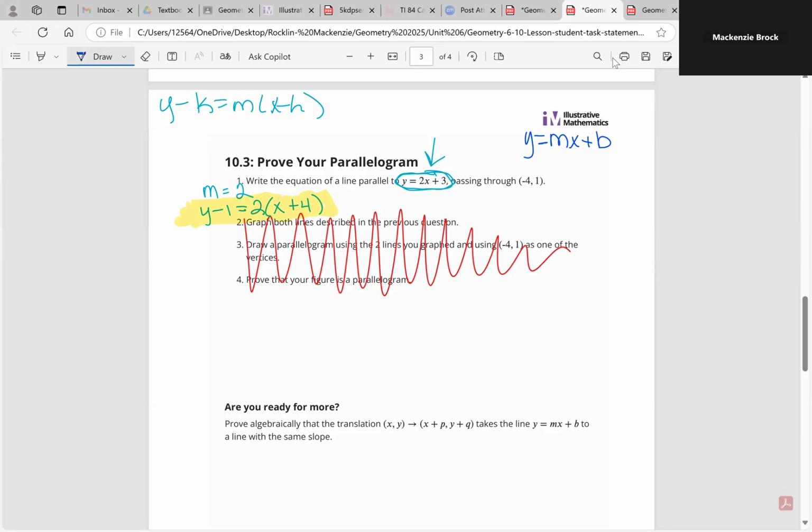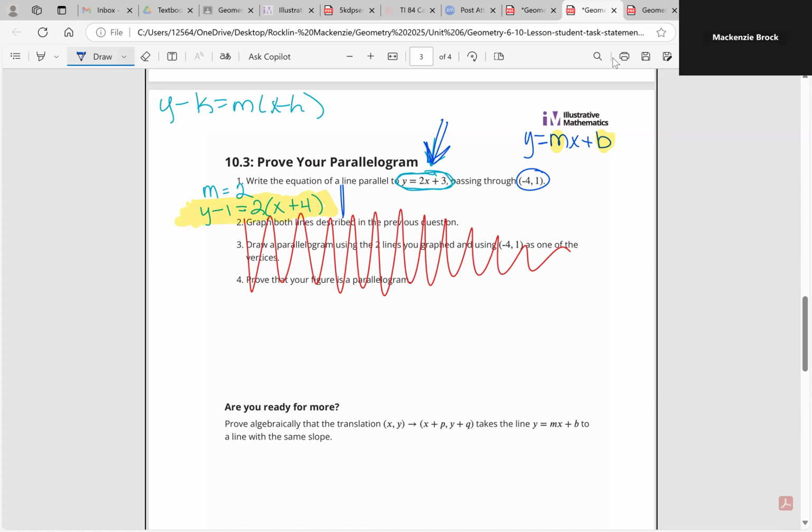Okay, so y equals mx plus b. The way we write that is like this one, where we fill in the slope and we fill in the y-intercept. So the way I figure out this one is I plug in my slope, and then I actually plug in my x and my y to help me find